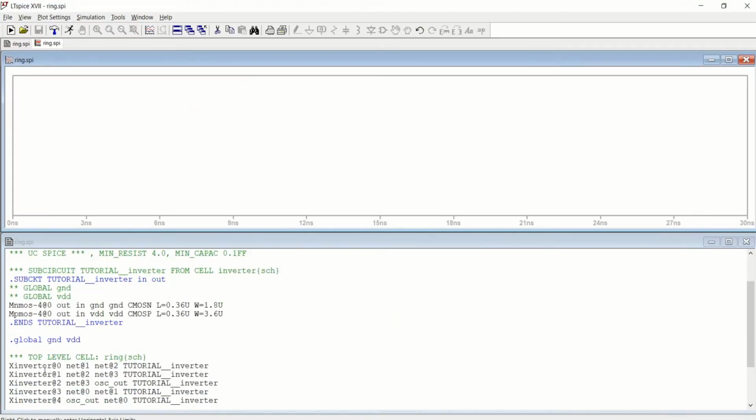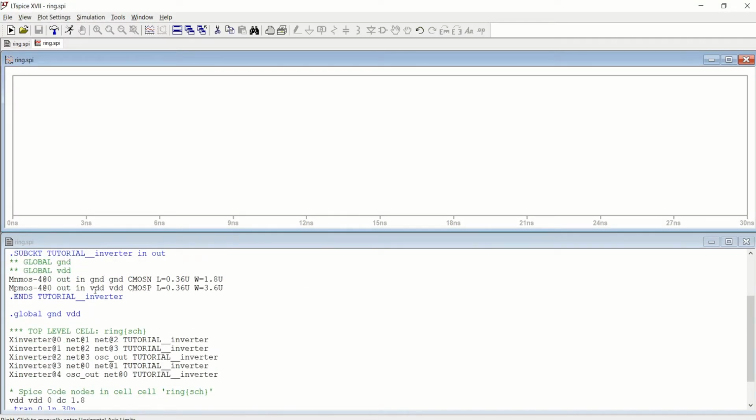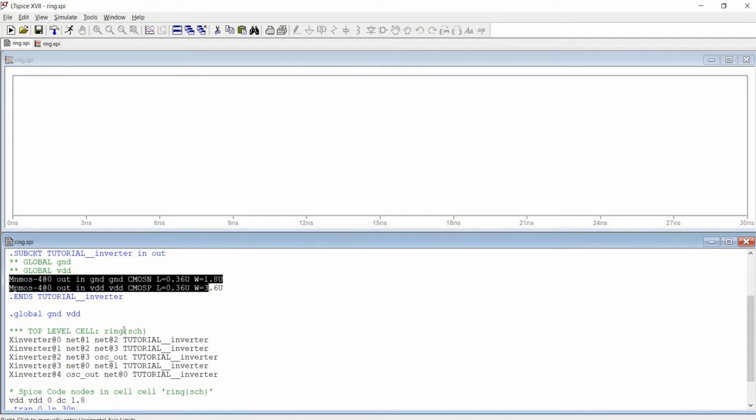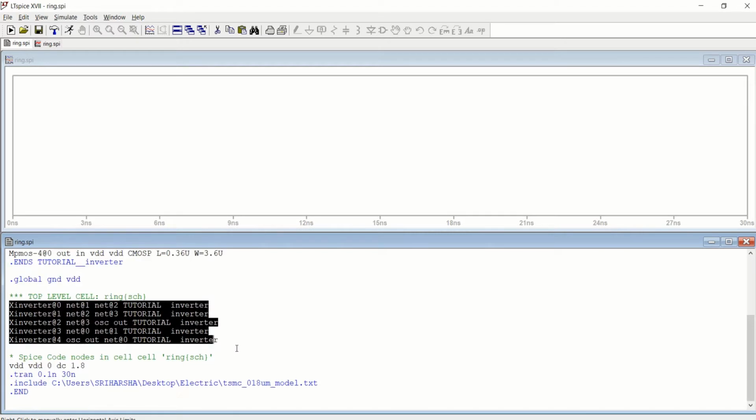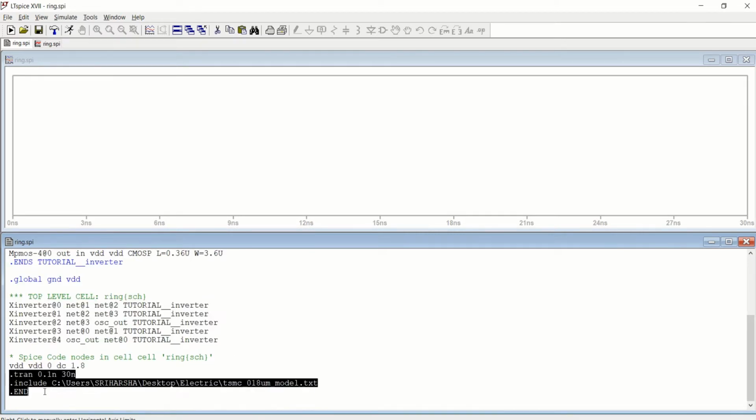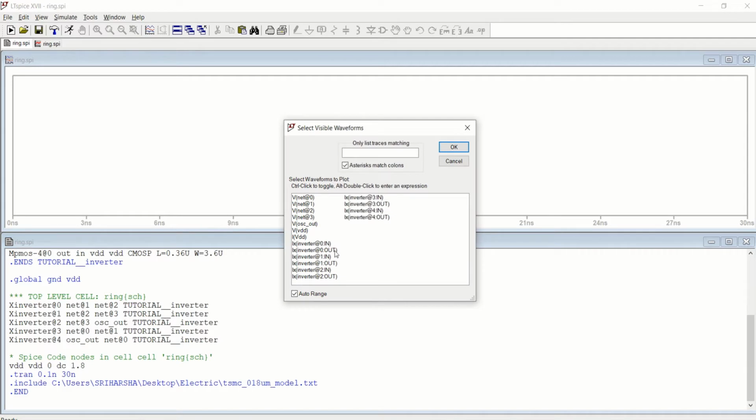Now it is okay, because it has extracted all the transistors, since it is using the extracted subcircuit levels, and this is the spice code along with the path. To view the results, go to pick visible traces. We have given oscillator underscore out.